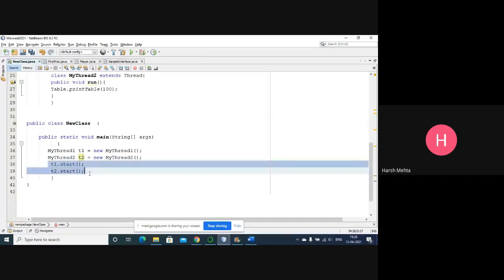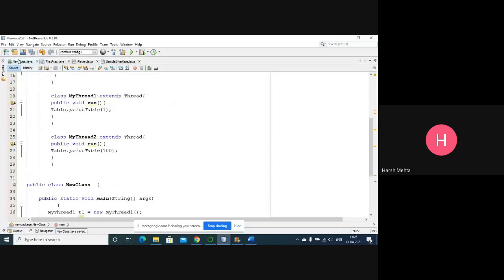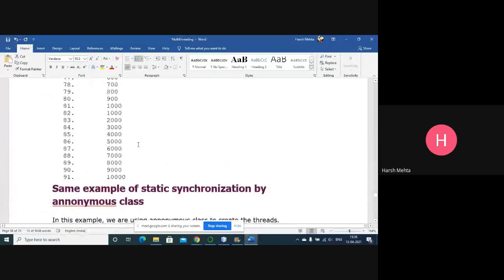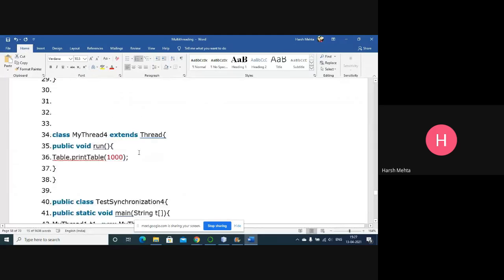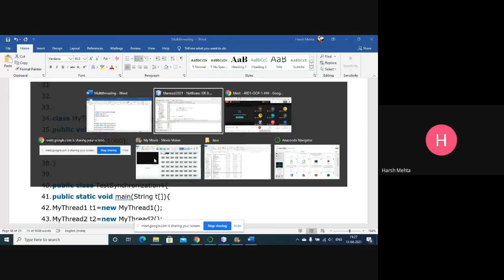T1 dot start and T2 dot start. Okay. And yeah, using static block, we can directly call the synchronized method. Okay. Just hold on.